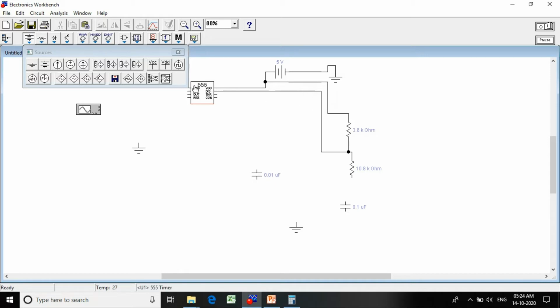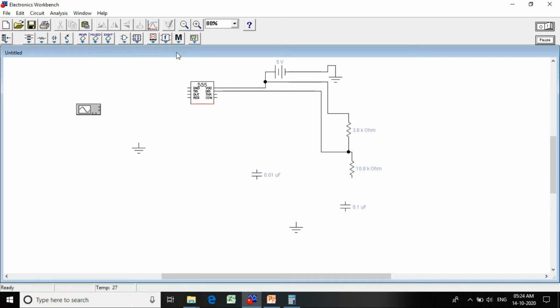Then here the ground point will be connected to ground. The two terminals of the CRO are connected to ground. Then one will be connected to the output of your 555 timer. So the output will be connected to the CRO.